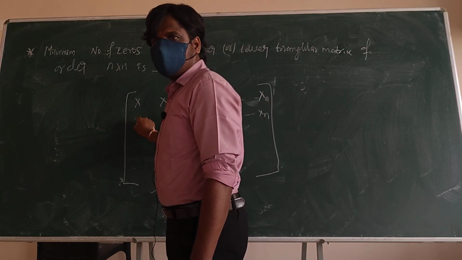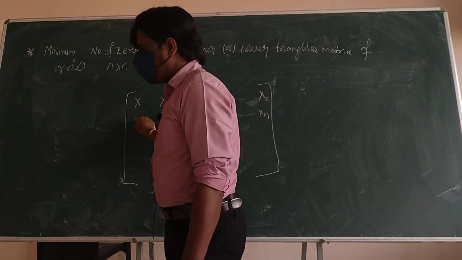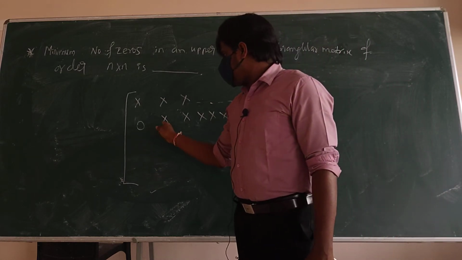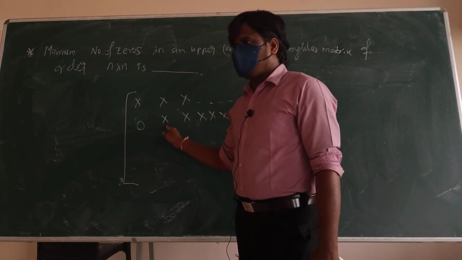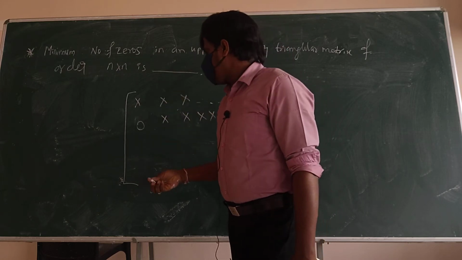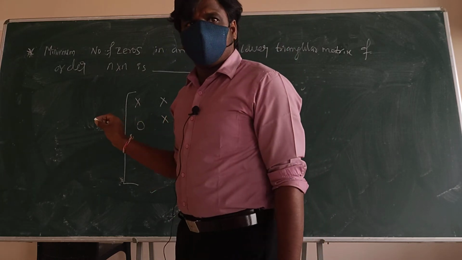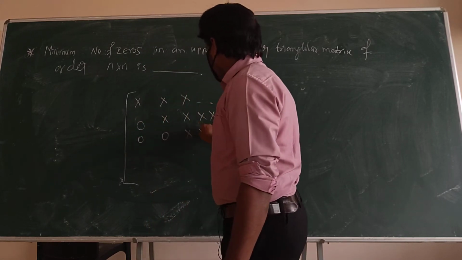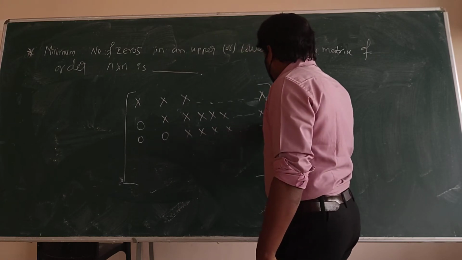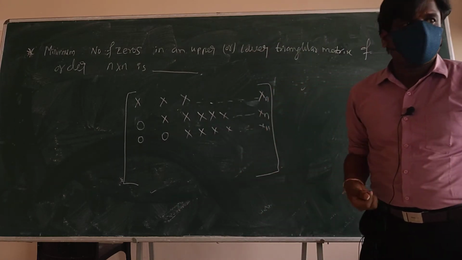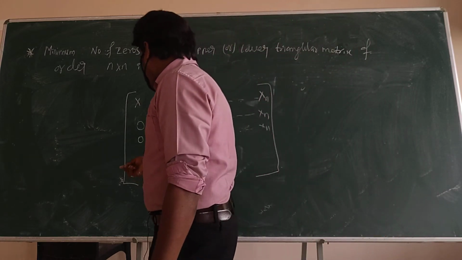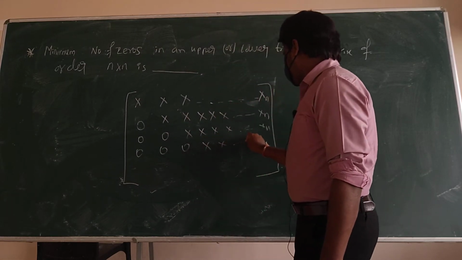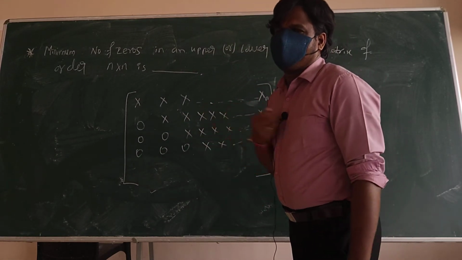0. Are you getting? This place will be 0, because this will be 2 and this will be more than that, right? So I am writing like this, simply, to make you understand. Then here it will be 0, 0, something. I am not able to write that something, so I am not writing it. Then 0, 0, 0, something.